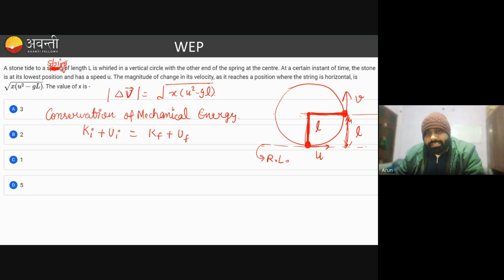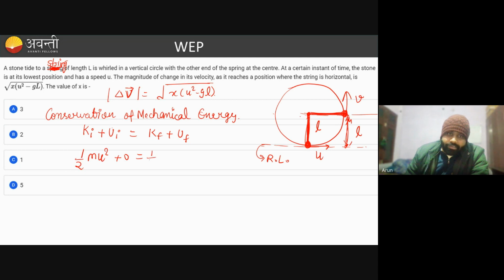Initially it is moving with a speed u, and kinetic energy just depends on the speed. Initial potential energy is zero, because it is at the lowest point and we have assumed the reference line here. So initial kinetic energy is 1 by 2 m u square, plus 0, equals final kinetic energy, 1 by 2 m v square,